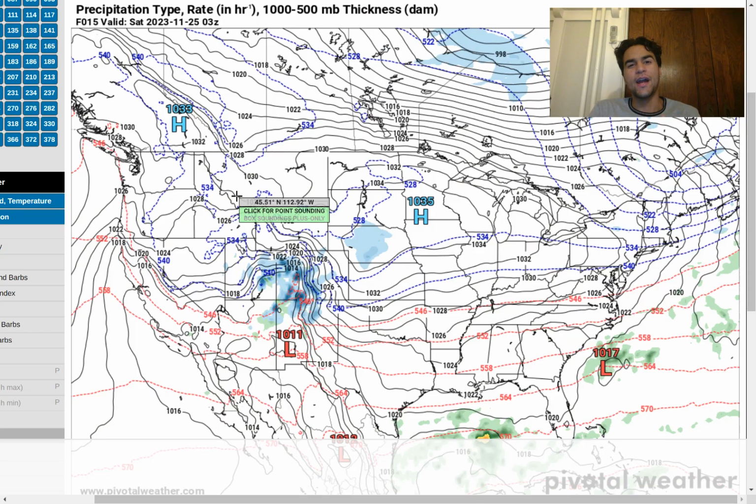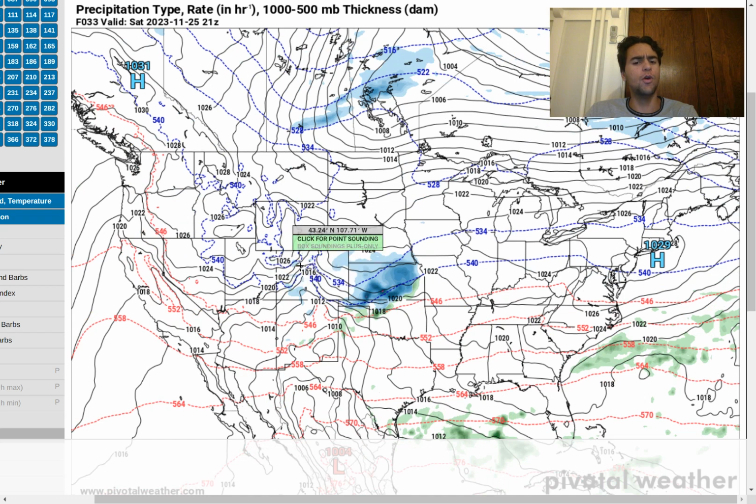The GFS forecast model shows this instability where we clearly see this low is continuing ahead further eastward, and if you were to look at the blue contour lines, this represents a cooler than average air mass, and moving forward, temperatures will fall well below average for many areas of the Rocky Mountain ranges, including the Kansas area. And once this cool air mass interacts with the very warm and convective air mass right over the southeast, that's when you should see a pretty large area of snowfall, and the snow could be heavy at times.